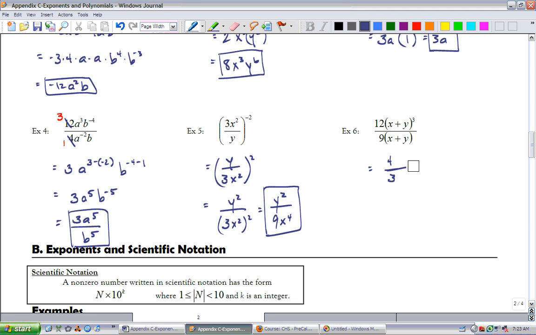And then we can say, really, that this is x plus y to the 3 minus 1 power, because here's our 1 power. And we get 4/3 x plus y quantity squared, or you could write this as 4 times x plus y quantity squared over